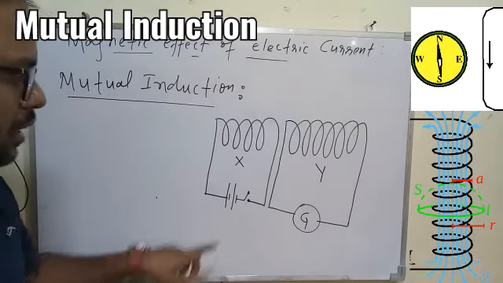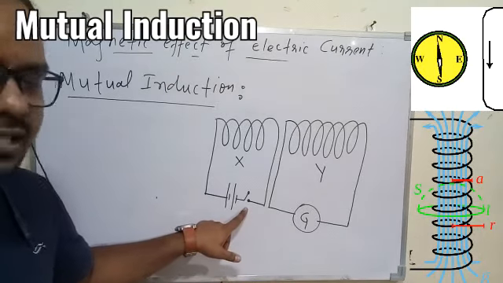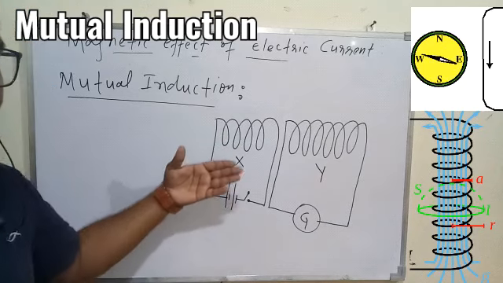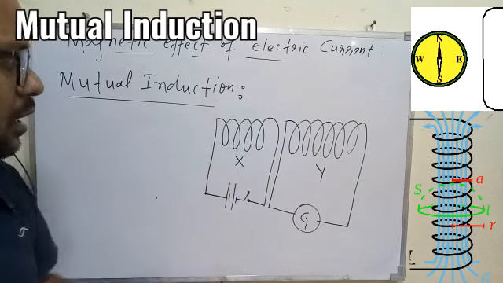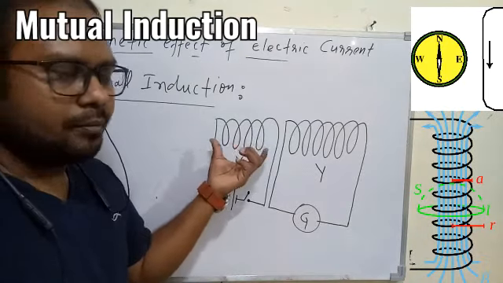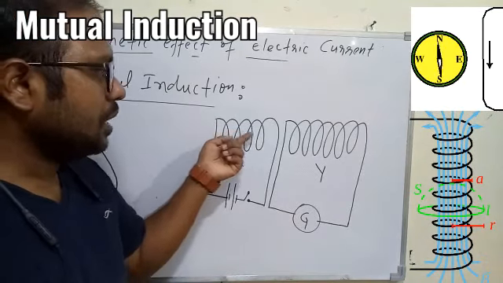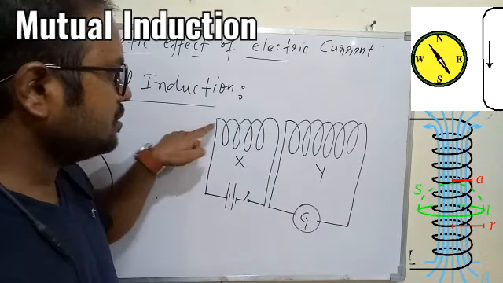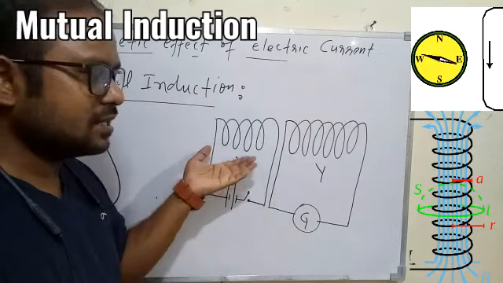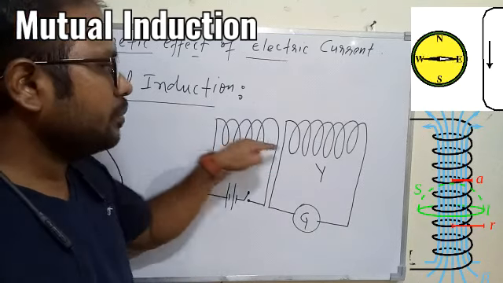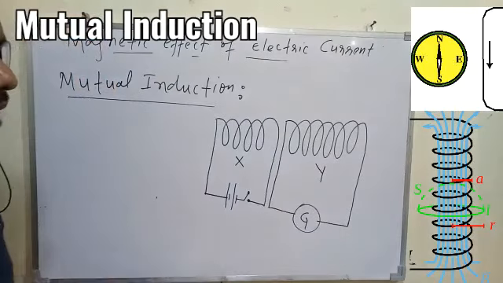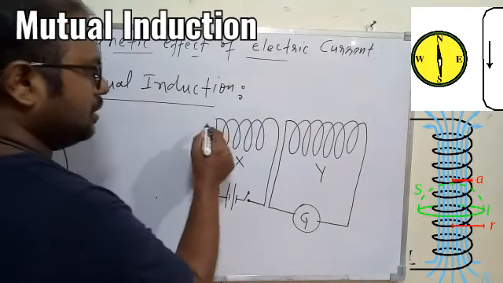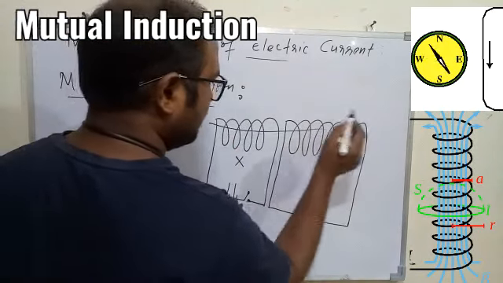Now one thing we understood, if we switch on the circuit of X, this coil X will get magnetized. It will behave as a bar magnet because it is nothing but a solenoid, and once it behaves as a magnet, it will also have magnetic field lines. Since the coil Y is placed close to X, the magnetic field lines of X will pass through Y also. I cannot make the diagram that much because it will become complicated, otherwise briefly you can see it will be like this.